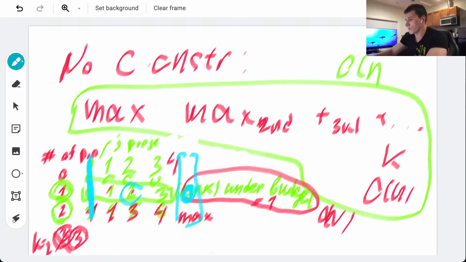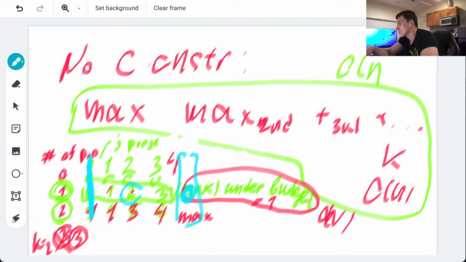So what do we know? Obviously, if selected size equals K, return, return what?